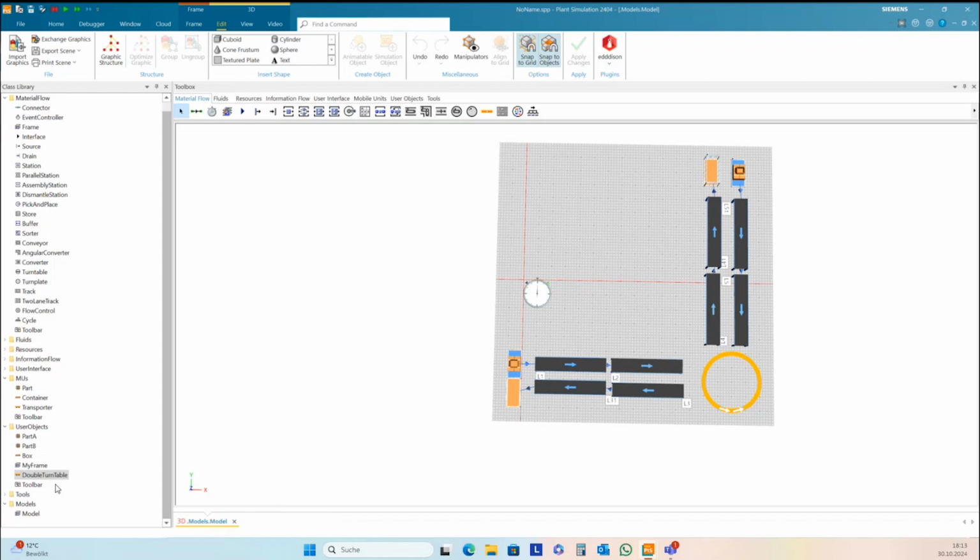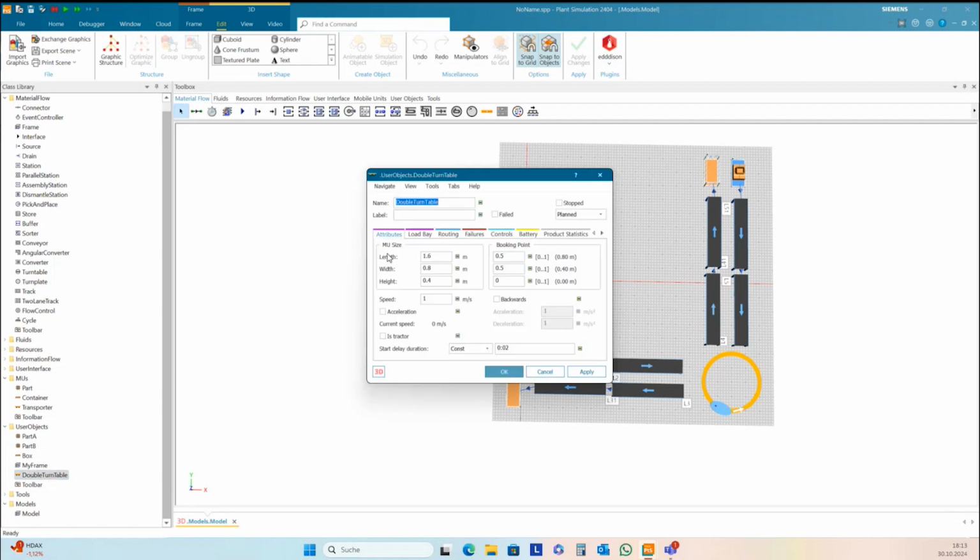So now drag the double turntable here onto the round track. This is not how it should look, but this is because the MU size is not right here. You can open the turntable dialog, then Tools, and Calculate Dimensions from 3D.